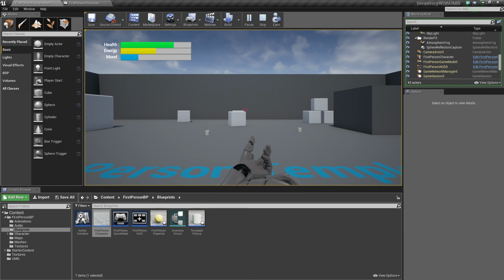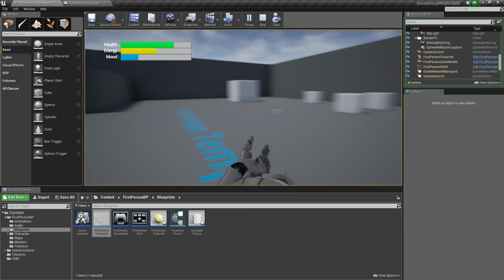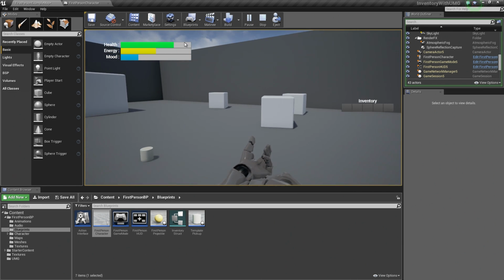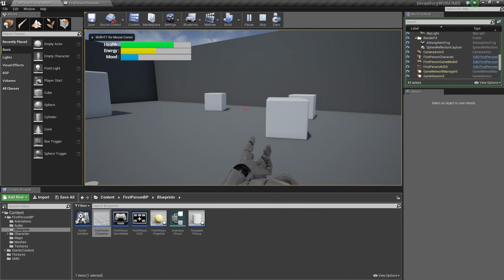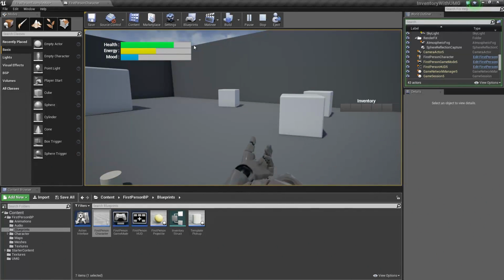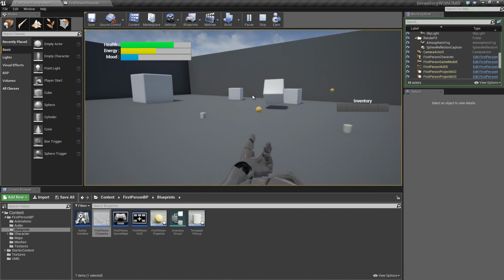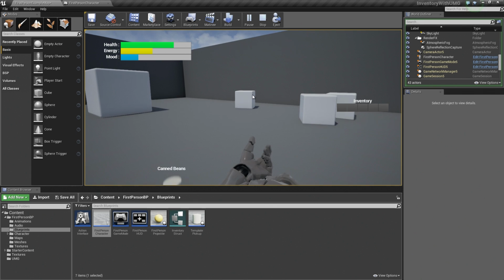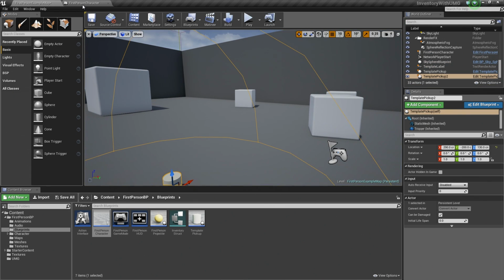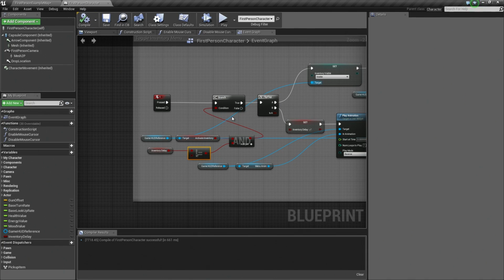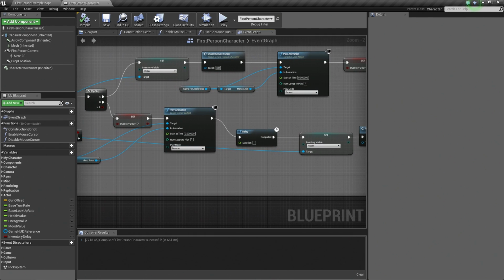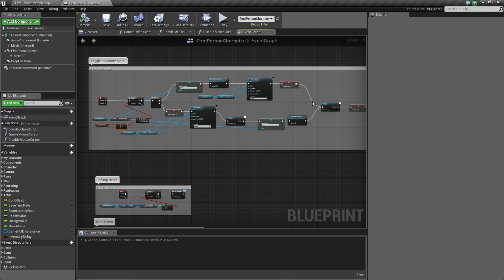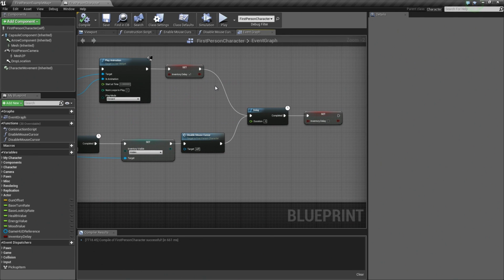The last thing that we're going to do for the toggling of our inventory is we can currently press I and bring up our inventory menu. We could still shoot, which is what we don't want. So let's go ahead and fix that. We can also jump too, which we don't want. So let's fix that. So back in our first person character blueprint here, let's go back to our toggle inventory menu here. And what we're going to do towards the end, before we get to the delay on both of these nodes here,